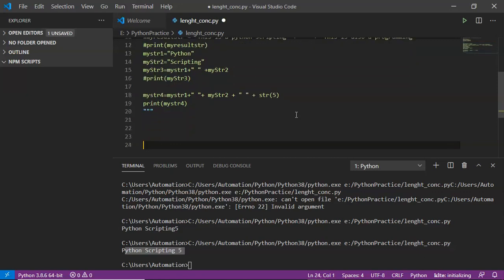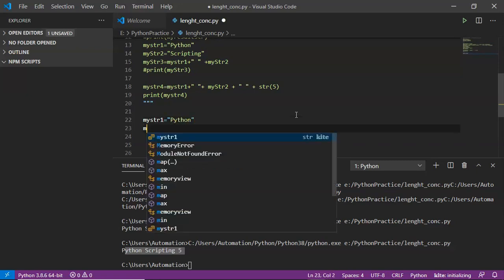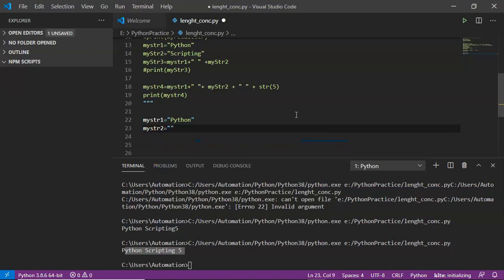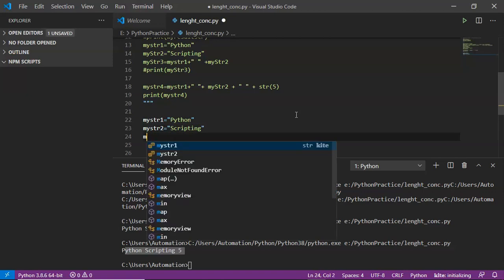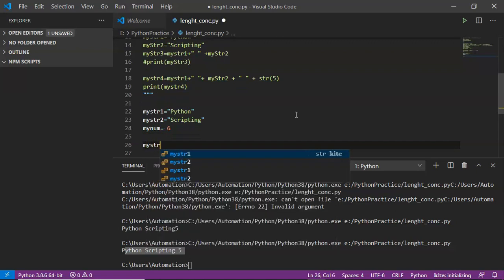That's fine. Now see, just assume that you have, let's say string 1 equals to, let's say Python, and string 2 equals to scripting, and instead of string 3, let me take my num, any variable, equals to, let's say 6. Now I'm creating a new string.